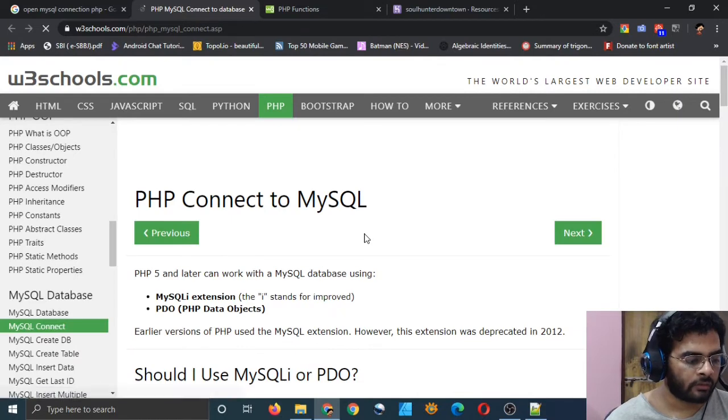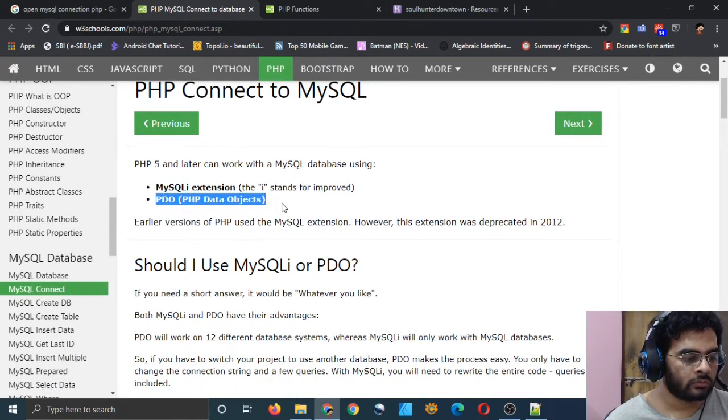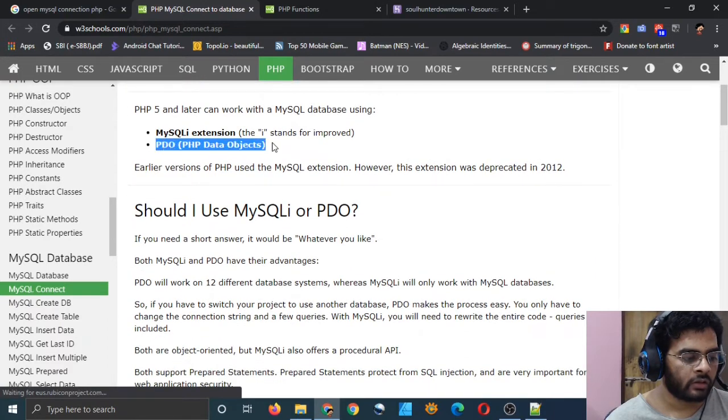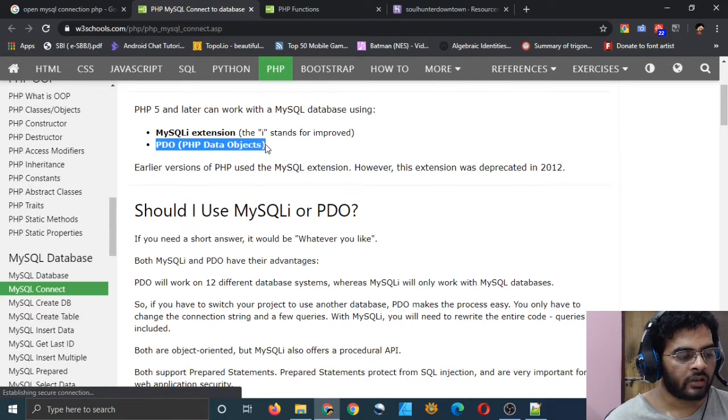I will just look it up. We will be using the PDO method to do all our database processing, because MySQLi is getting deprecated. That is why we should use PDO.